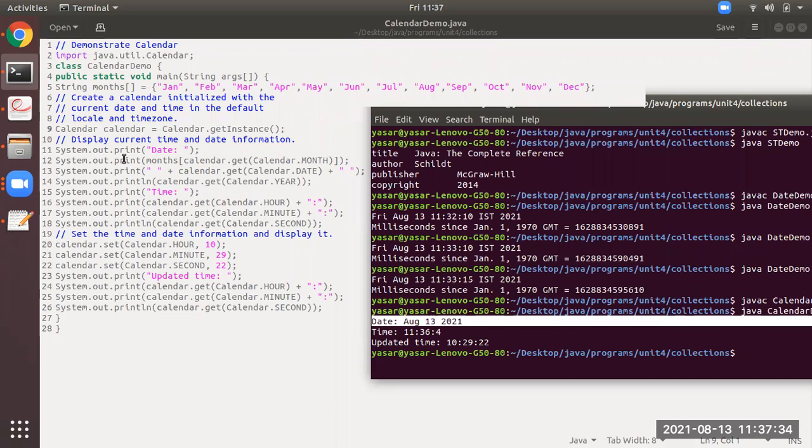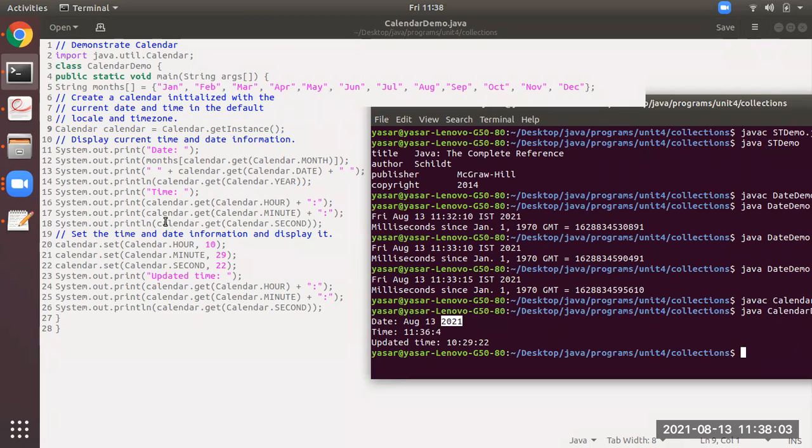Line 13 prints Calendar.DATE. Then line number 14 is println, so after it prints, the control moves to the next line. It prints Calendar.YEAR, which is 2021.